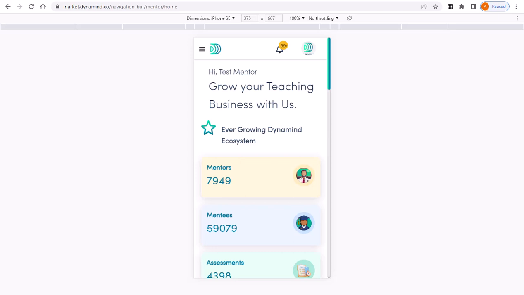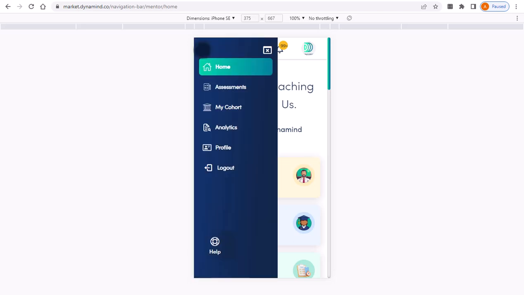Dynamind has a huge repository of pre-existing assessments which a mentor can simply search and import. I'll explain how this import function works in a cohort. So first go to the menu, go to cohort,